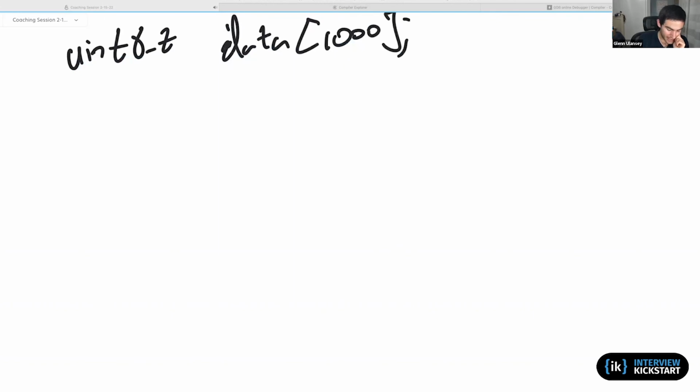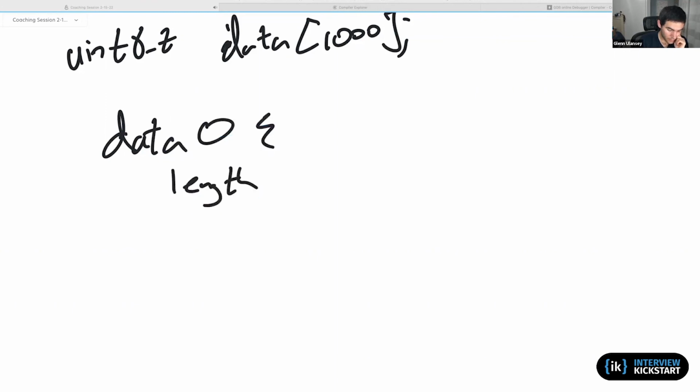And if I wanted to iterate through these data, then my thought would be that data 0, for instance, would need to have a length and a payload.